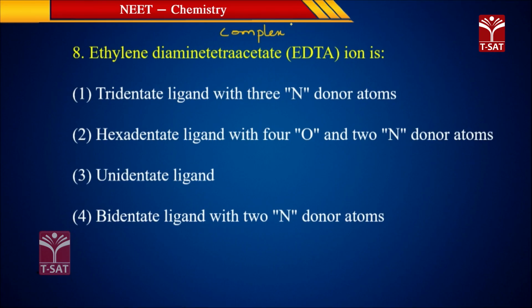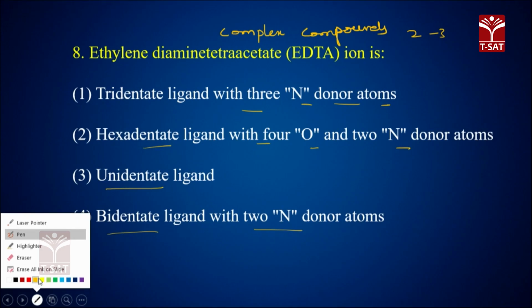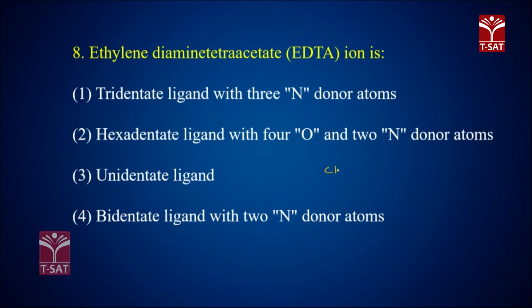Complex compounds is very important because you may get 2 to 3 questions from this. So, EDTA: tridentate ligand with 3 nitrogen donor atoms, hexadentate ligand with oxygen and nitrogen donor atoms, unidentate ligand, bidentate ligand with 2 nitrogen atoms. We can write its structure so that we can understand what it actually is. Ethylene diamine, CH2, ethylene diamine, here nitrogen and here nitrogen,